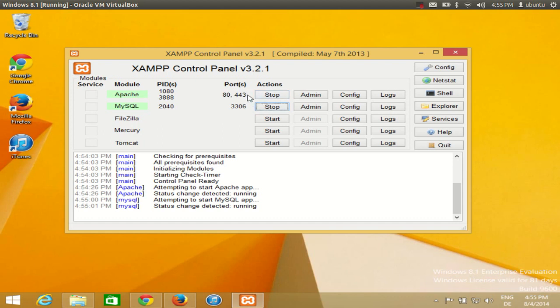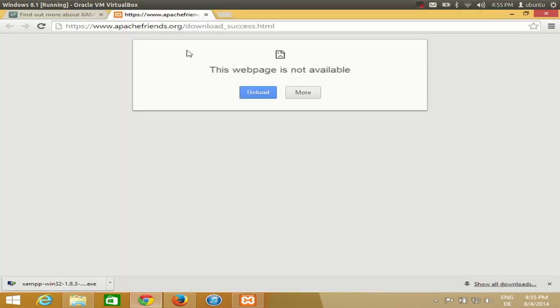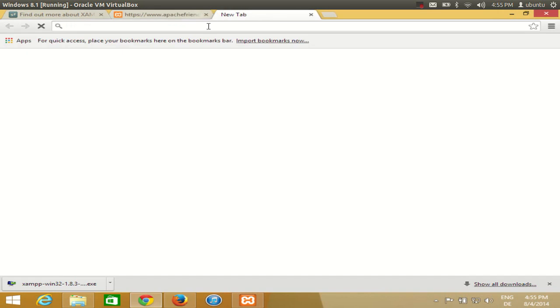So right now they are running, because you will be able to see the stop symbol, and when you see the start symbol, then they are stopped and you will be able to start them. Okay, so now once we have Apache Web Server and MySQL started, you can go to your web browser